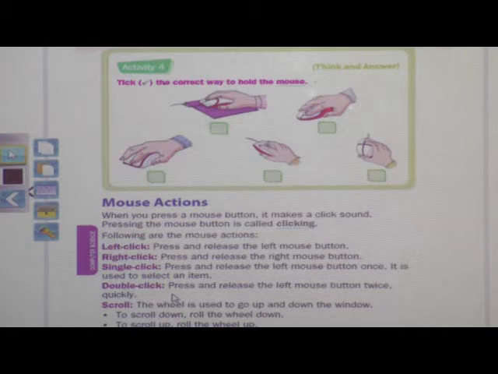The wheel is used to go up and down the window. When you want to move the page up and down, you use the scroll wheel. If you want to go down, you scroll the wheel down. If you want to scroll up, you roll the wheel upward.